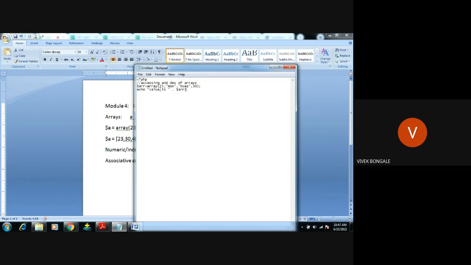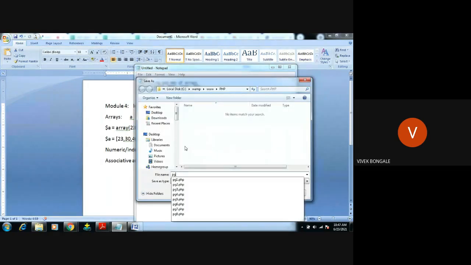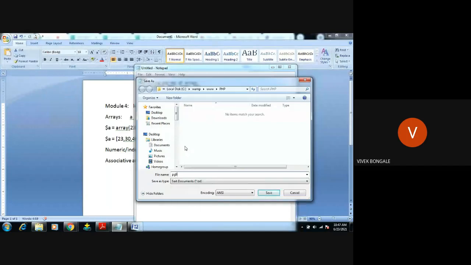So normally we are creating a numeric array. This is an example for a numeric array. $arr, I'm trying to display this value. I will use 3 there. Save as program 9.php.